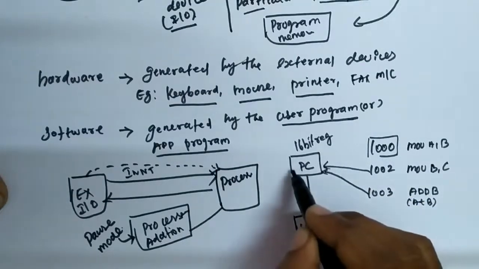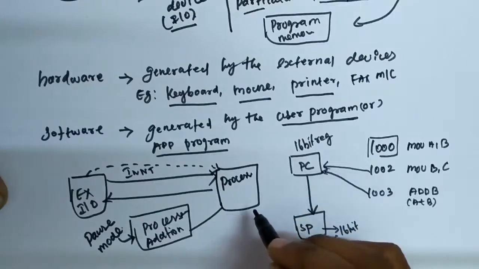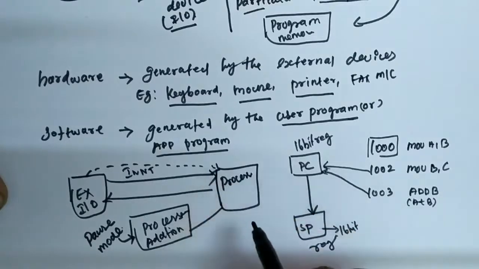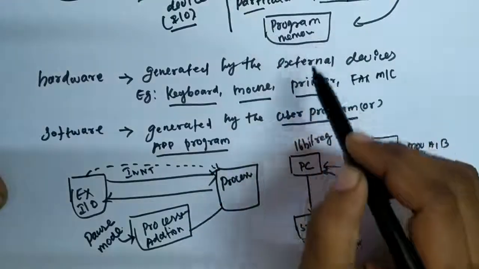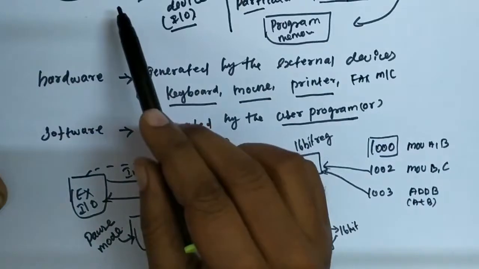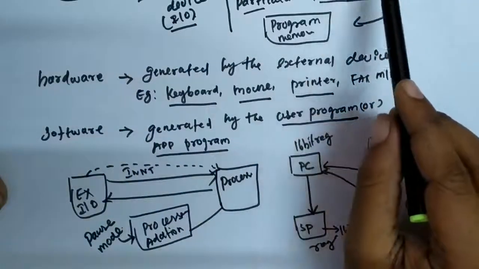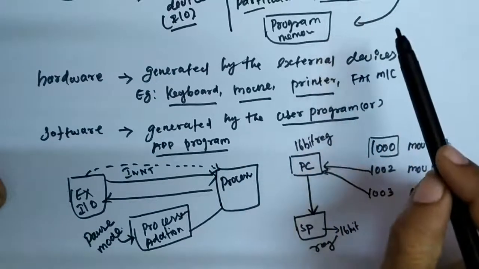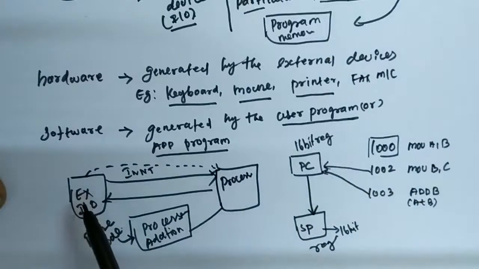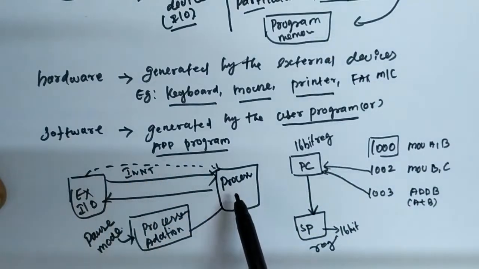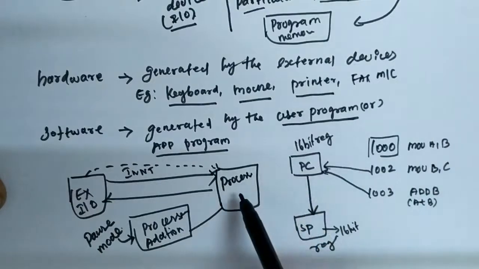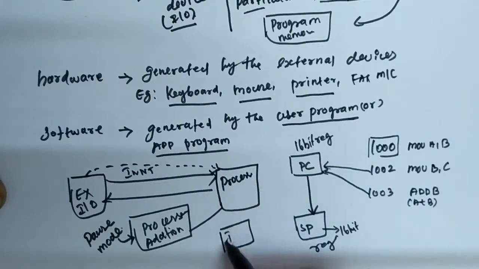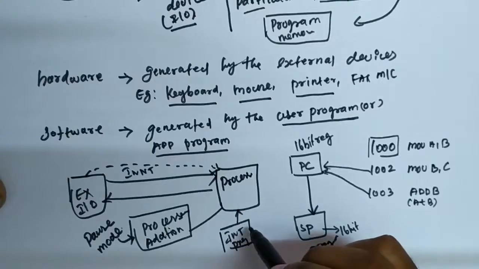Then the program counter is filled with the address of the corresponding interrupt program, which we already stored in the program memory. As already said, the interrupt is a signal, and for the corresponding signal there is a program run by the processor for a particular time period, which is also available in the program memory. So the external device sends the interrupt signal to the processor, and the corresponding program is run by the processor. This is the interrupt program, currently executed by the processor. The starting address of the interrupt program